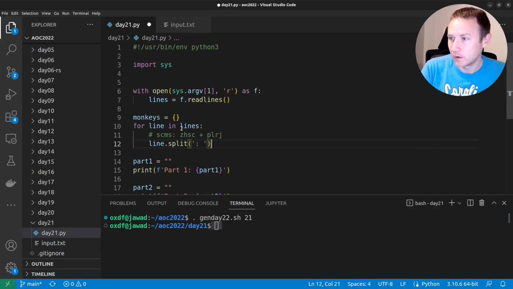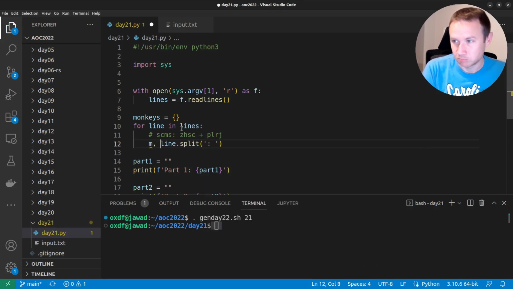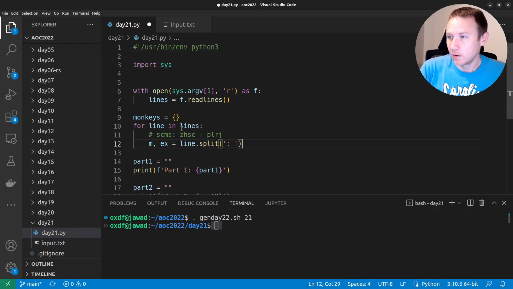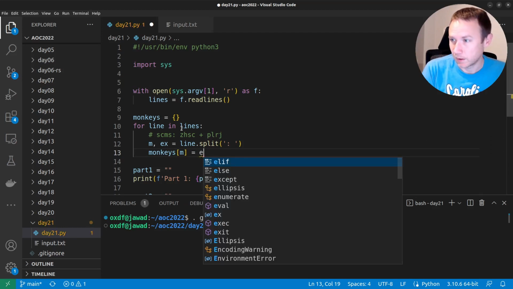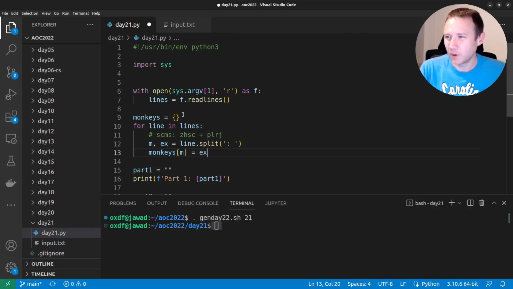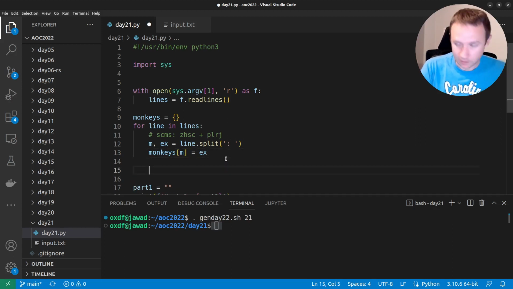That'll be easier. And so that'll give us m, for monkey, and then what are we going to call this other one? Expression. So then we can say monkeys sub m equals e. And that's probably all we'll do for now. We'll handle making them into integers and processing them as we go. So now we can say,